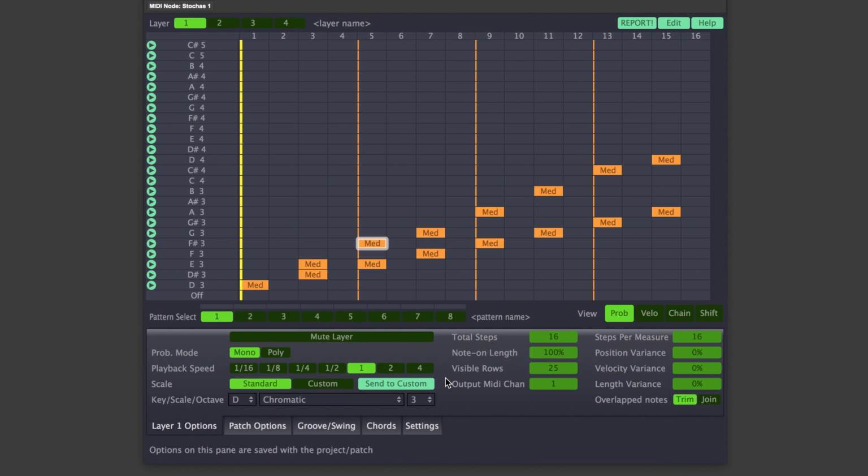One ability that we have included into Stochas is the ability to chain notes, so that if a particular note is played, the following note can be dictated. So you can always say, if note 1 plays, play note A, and if note 2 plays, play note B. I'll show you that in a second, how we can set this up, but first have a listen to this